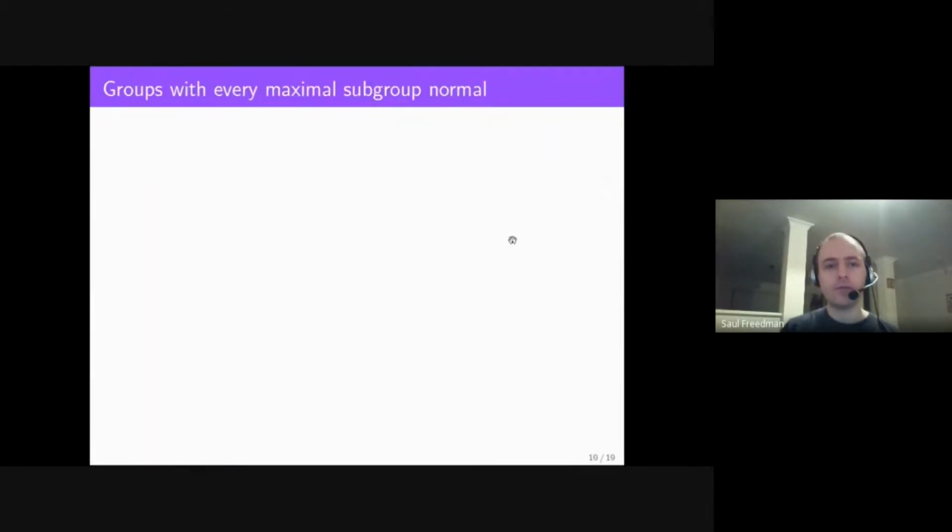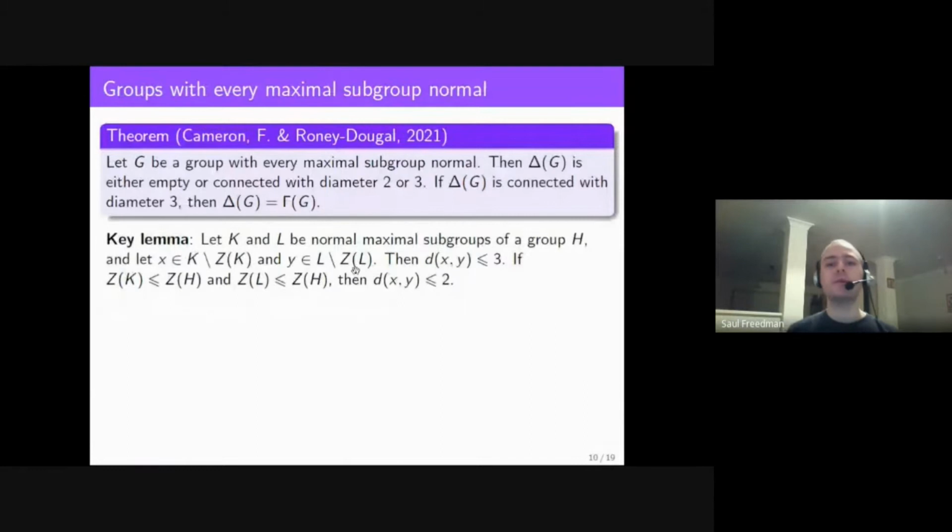Also, if we have normal maximal subgroups, this lemma tells us that the distance is very small, in fact often just 2. So I often find that there are just some elementary results about group theory that tell us that the diameter must be small in many cases. But from a more graph theoretic perspective, I'm not really sure what the intuition is there. Thank you. Okay, and thank you for the question.